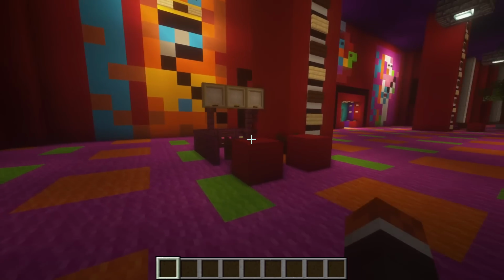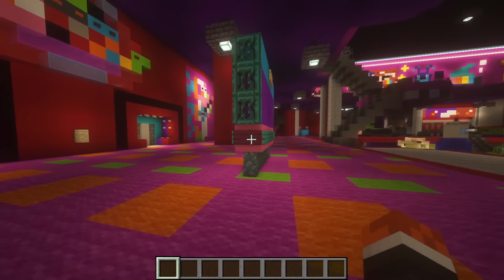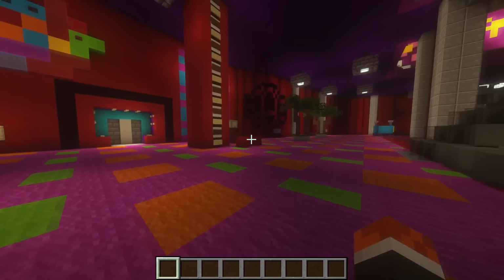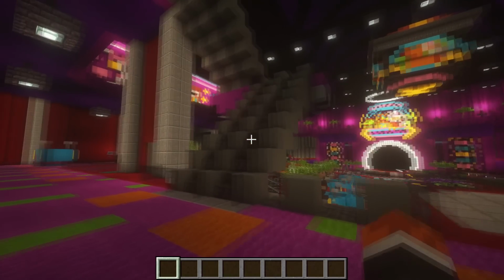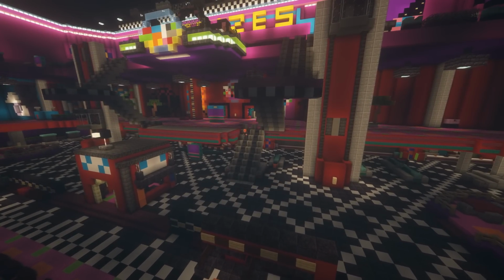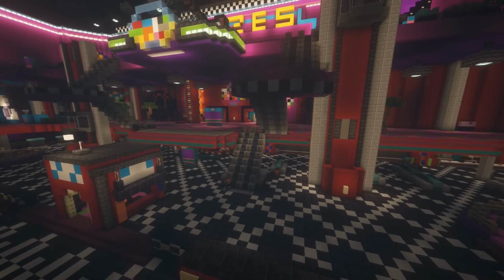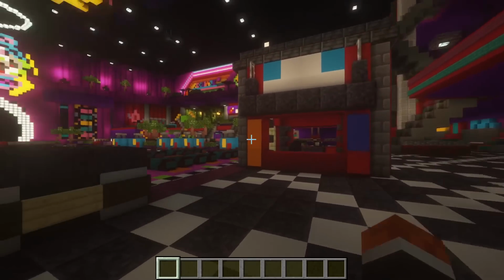Of course, we have some little prams where you would be able to hide from the animatronics. We also have another one on the other side over here. These things are littered all over the atrium just because there needs to be a lot of hiding places in this absolutely humongous area. So just to make this easier, let's start from the bottom and work our way up. So here we are on the main floor of the atrium, the bottom floor,